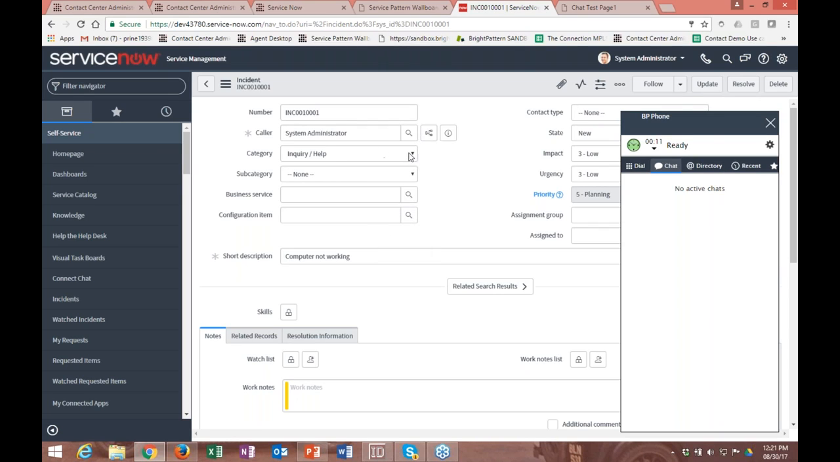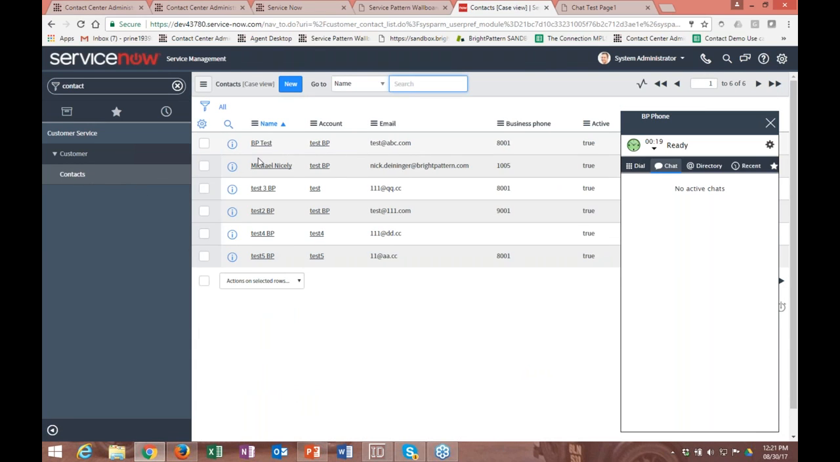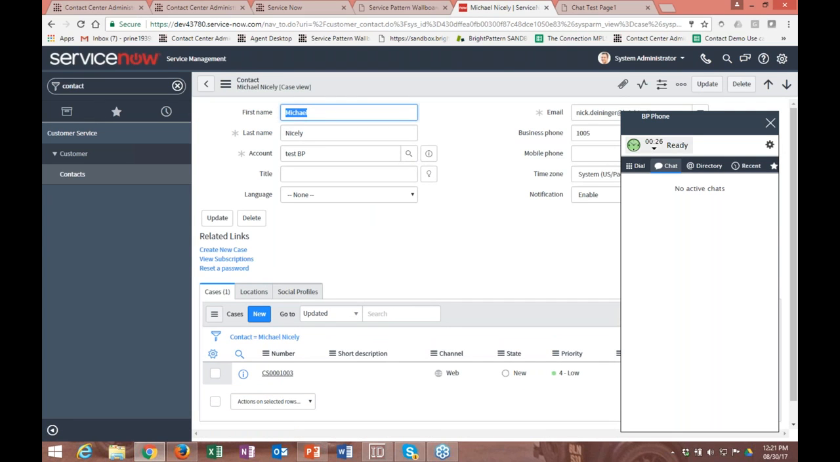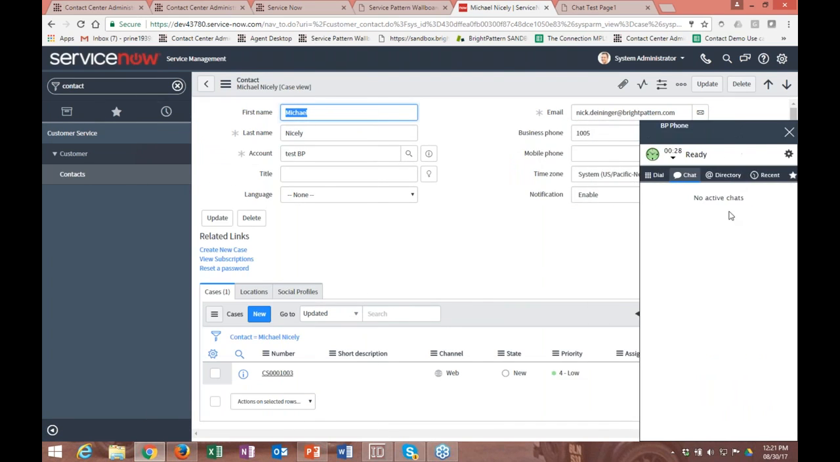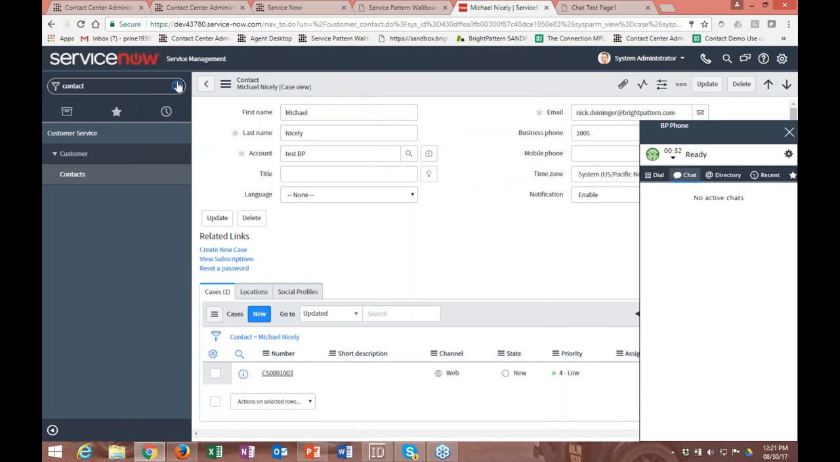All right, and then also what we've got, if we search for a contact, for example, so contact, we've added click to dial functionality here as well. So by looking at Michael, for example, I can just look at Michael and see his business phone, and we can do click to dial as well from here too. All right, so